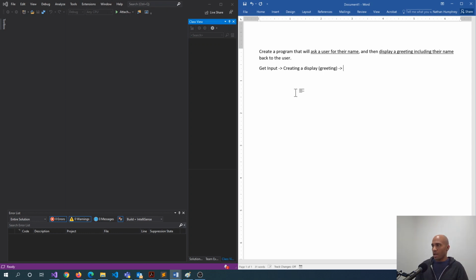And then finally we're going to have to display the greeting to the user. So those are three smaller tasks that we can take this already small task and break it up into. And the nice thing about doing that, finding individual pieces to the solution, is you can start thinking about parts of the solution that you're already familiar with, and then maybe just focus on how you might go about solving those individual pieces, and then tackling some of the additional parts that maybe are new or you're not so